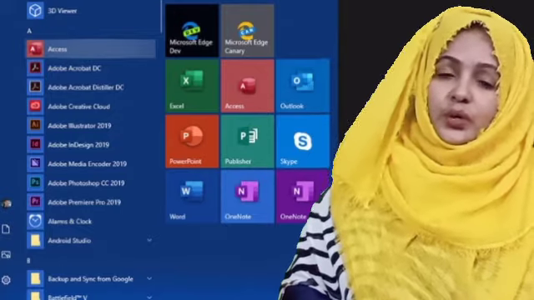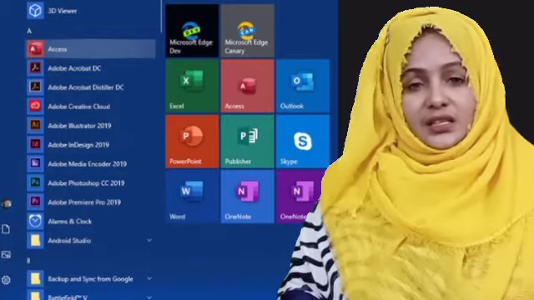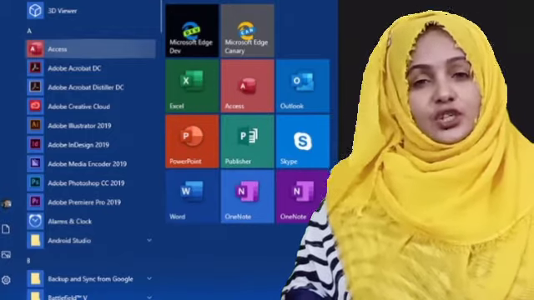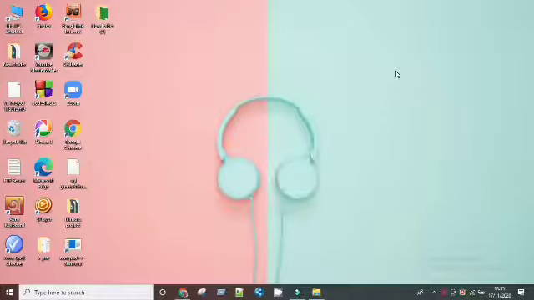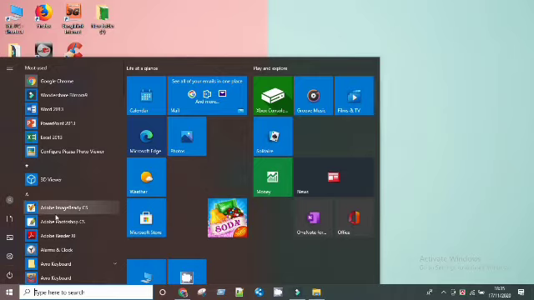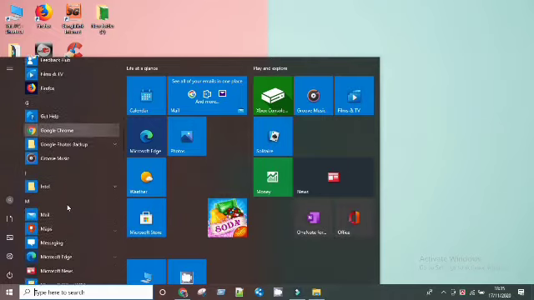First of all, we need to create a database. And what is a database? A database is an organized collection of data, right? So let's create a database in Access. If you have already installed Access and you don't know how to start it, go to your start button and search for Access. In the search result you will see Microsoft Office Access.